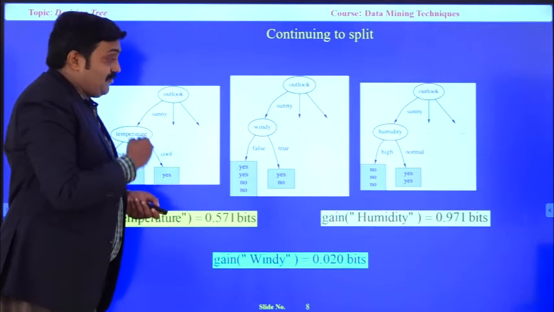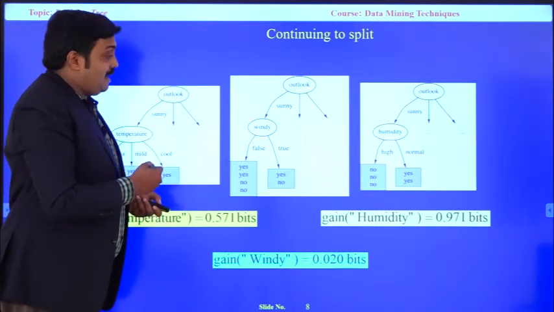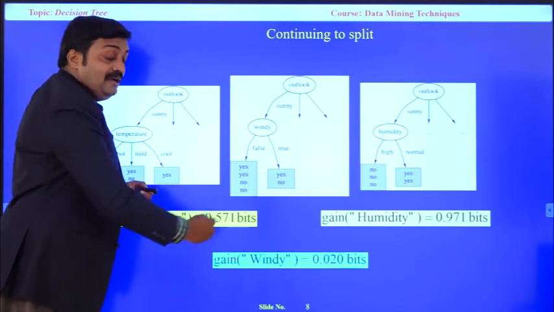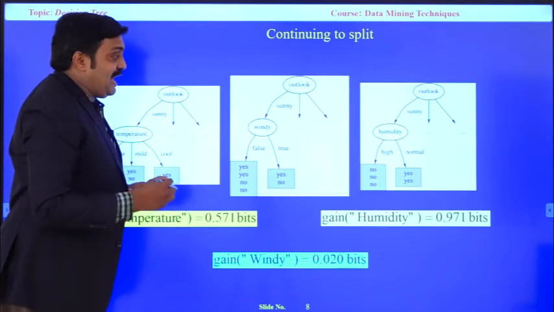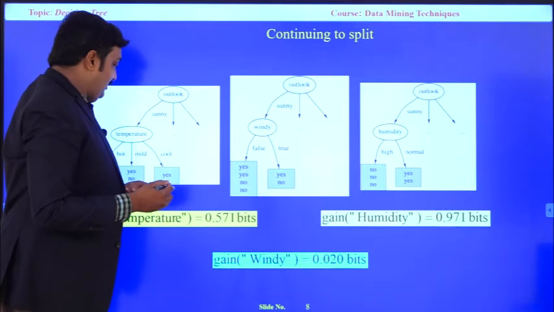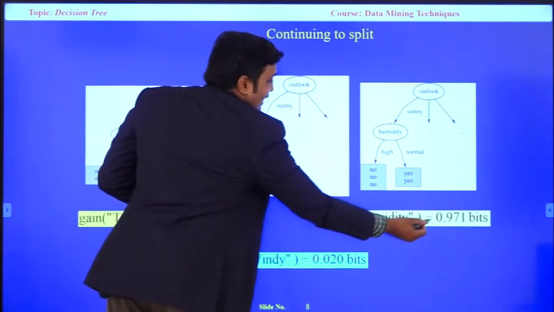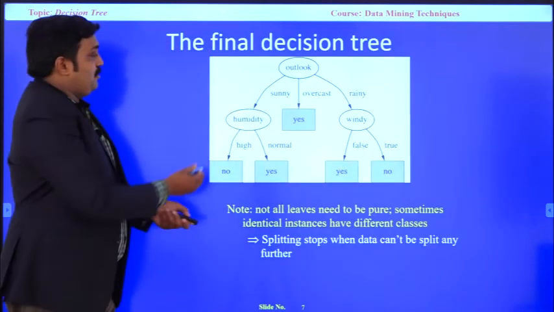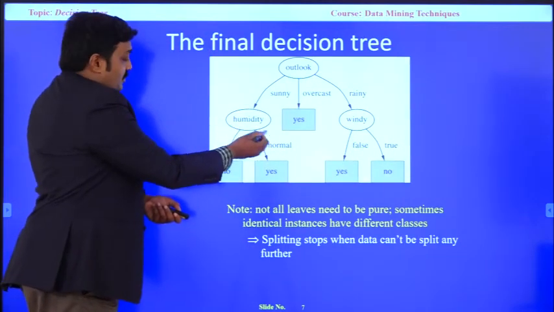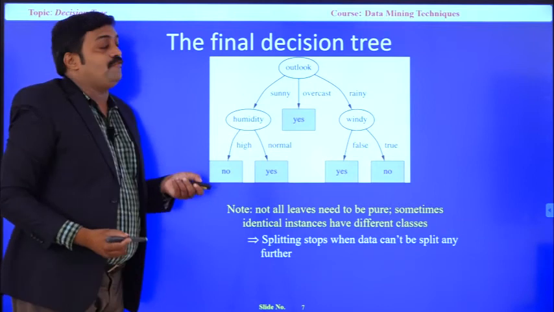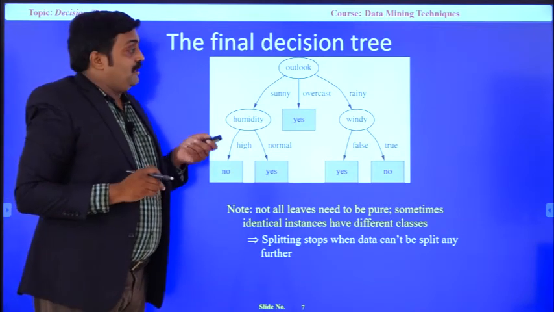Now, this process is repeated for further splittings. Repeating the loop for further splittings. And again the same procedure to calculate the gain, and whichever gain is higher, we are going to choose that one. And see here, after outlook, humidity has the higher gain 0.971. That's why we are going to take humidity and split. This is the way how we are going to construct a decision tree.